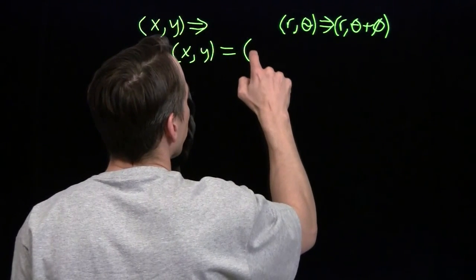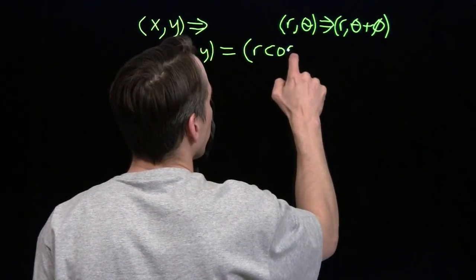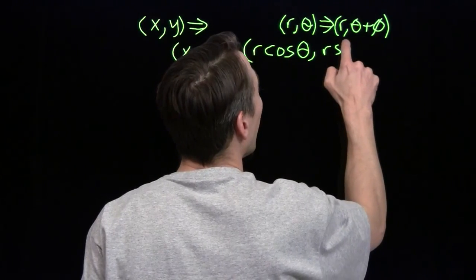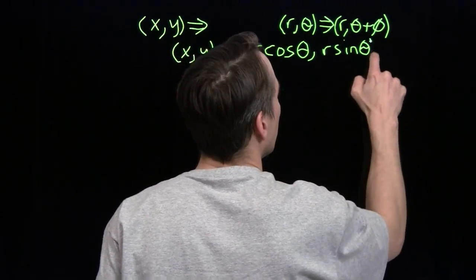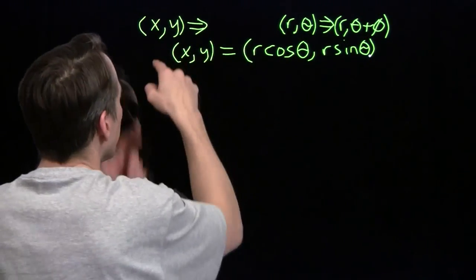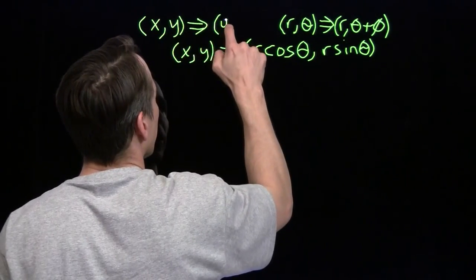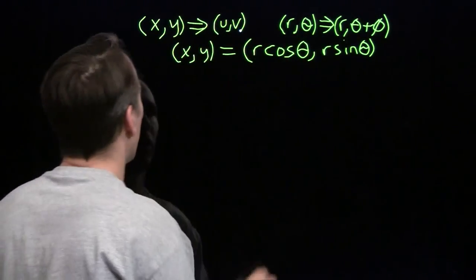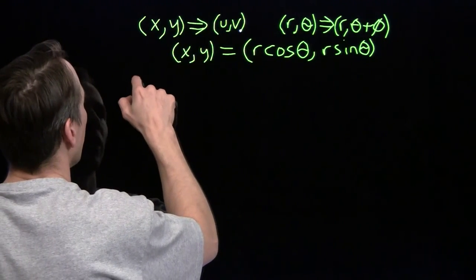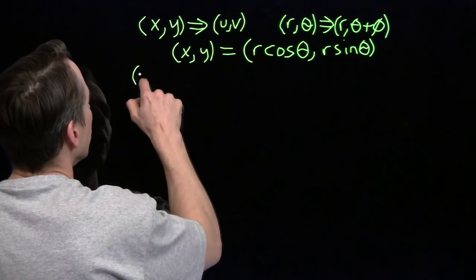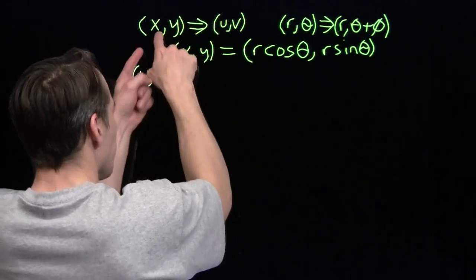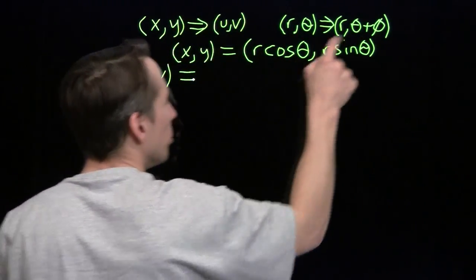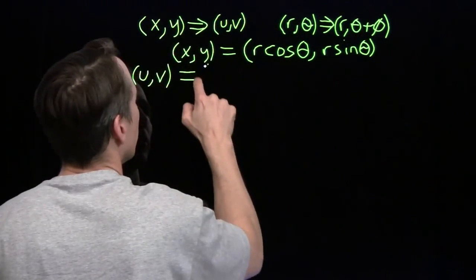So rectangular coordinates related to polar coordinates: x is r cosine theta, y is r sine theta. Now we're going to rotate. We're going to take xy and send it to something I'm going to call uv. We're going to try to figure out what uv is in terms of all these r, thetas, phis. We've got uv, we're spinning this to get to that, it's the same thing as spinning this to get to that. That means uv in polar coordinates looks like that.